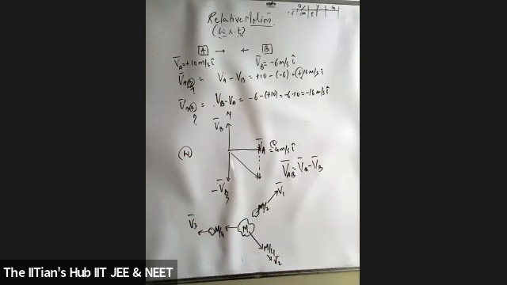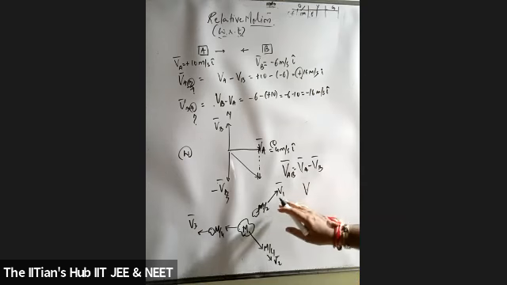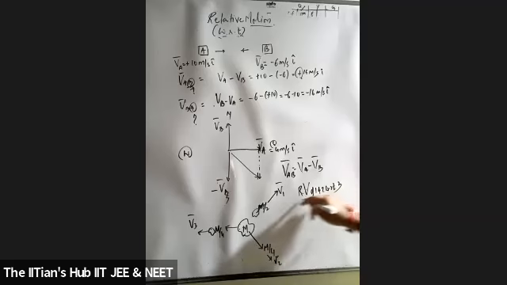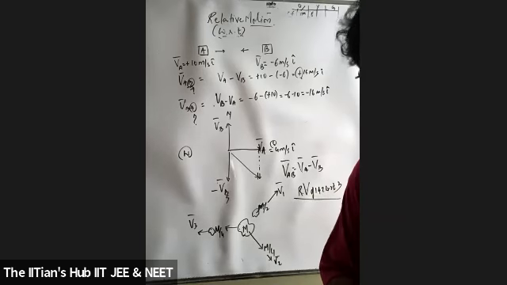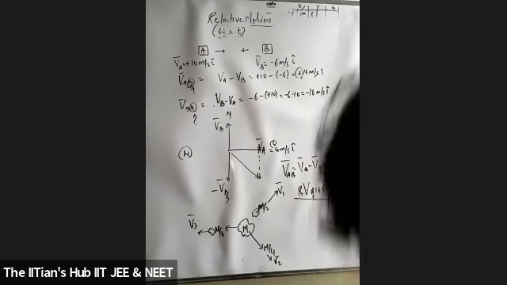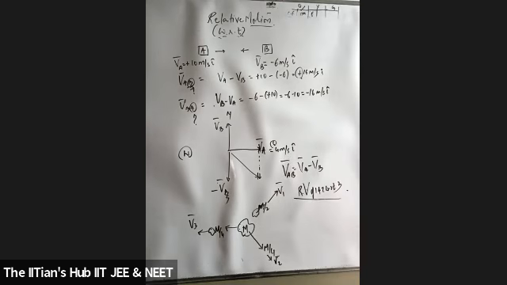Now, if I ask you, can you find the relative velocity? The answer is no. My question is to find the relative velocity of 1 and 2 with respect to 3. Relative velocity of 1 and 2 with respect to 3. Can you give me an answer for this? Did you understand the question, students? So what will be your answer? Anybody?